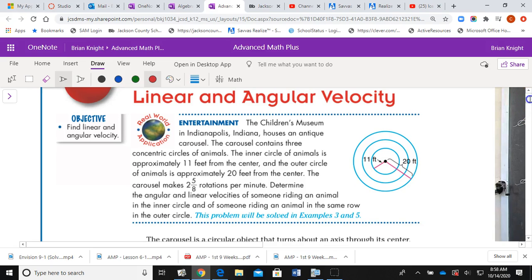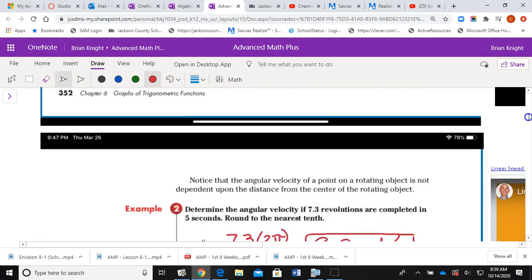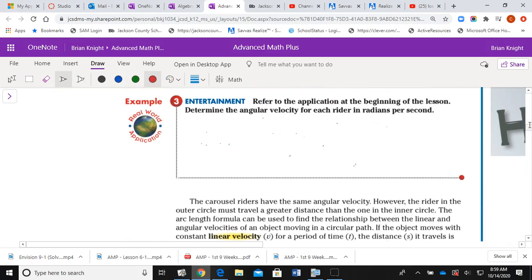So, example 3, they want us to find the angular velocity, which I guess I could do right here. They're going through how many rotations? 2 5/8 rotations per what? Per minute. That's all I need to get my angular velocity. So, omega equals my theta over the t. Theta is going to be, I done forgot it. What did it say, 2 5/8? Yeah. So 2,